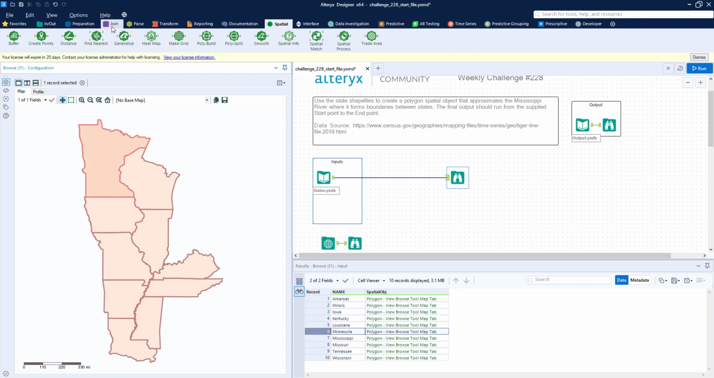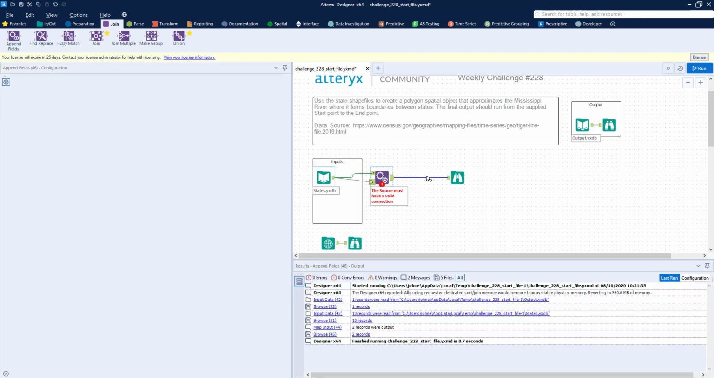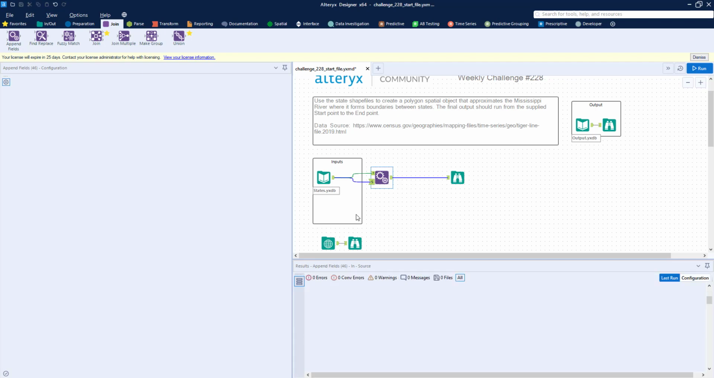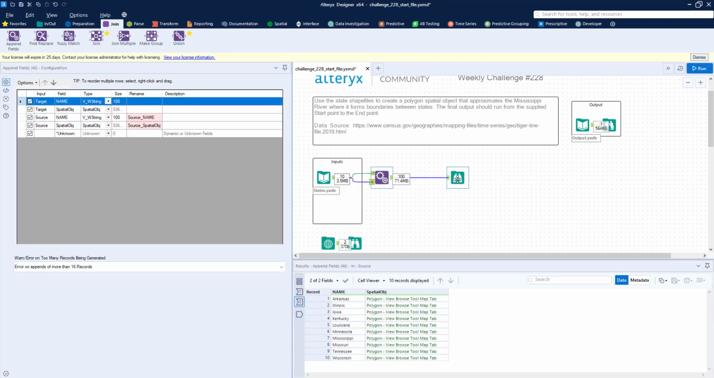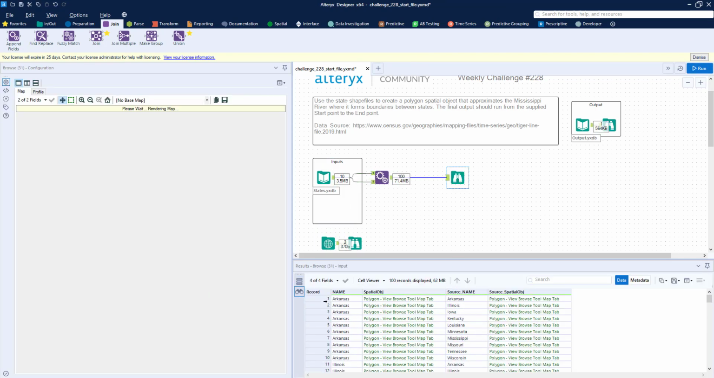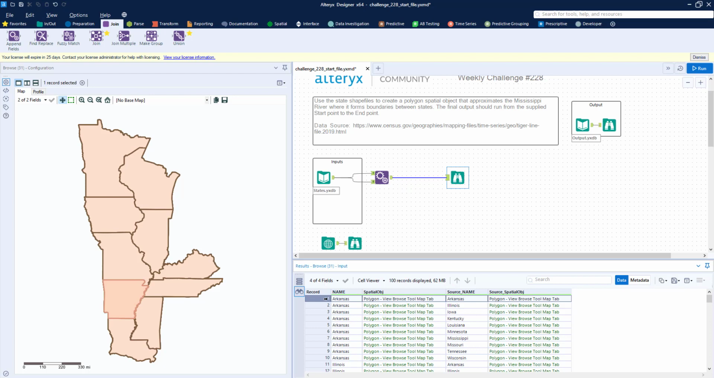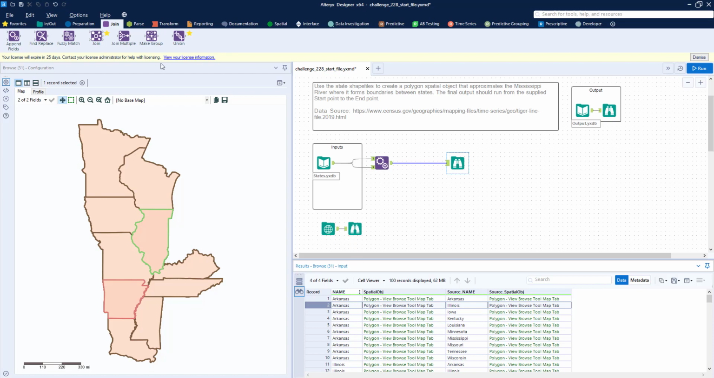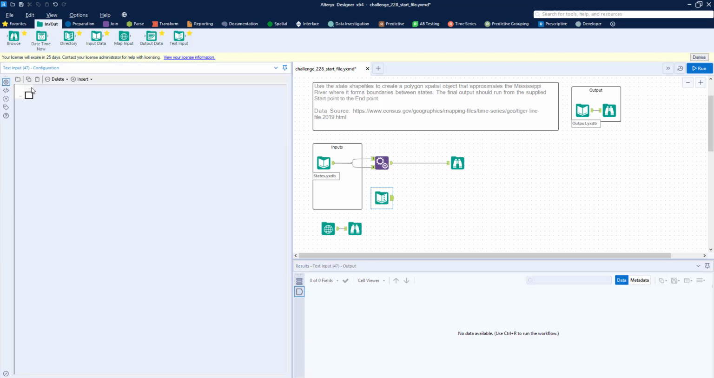So what I did is first I append the states themselves. Of course, we had 10 states to begin with, so that's going to give us 100 states. And we get things like this: Arkansas matching with Arkansas, Arkansas matching with Illinois, but those are matches that we don't really care about. So what I did is I went to the text input and I created a quick